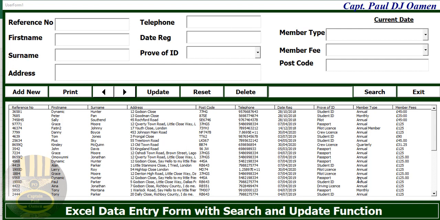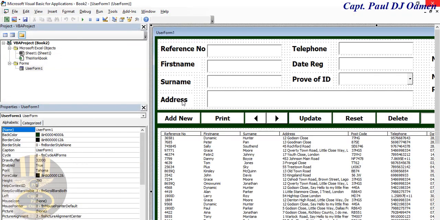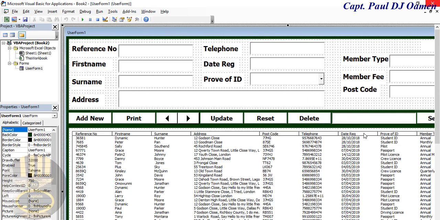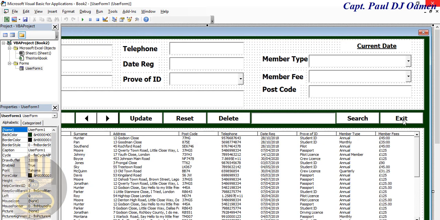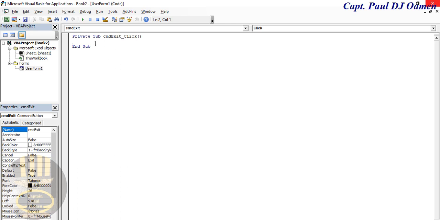Now let's start work with the coding. So the first one I'd like to take care of would be the exit. Let's come right in there, end that, and I'm going to double click on the exit button. The name of the exit button is CMB exit, and before I even do anything, let's go up here. I'm going to enter Option Explicit there, which means any of the variables that I enter in there are explicit to whoever is using it. So there. Now inside my exit button right here,